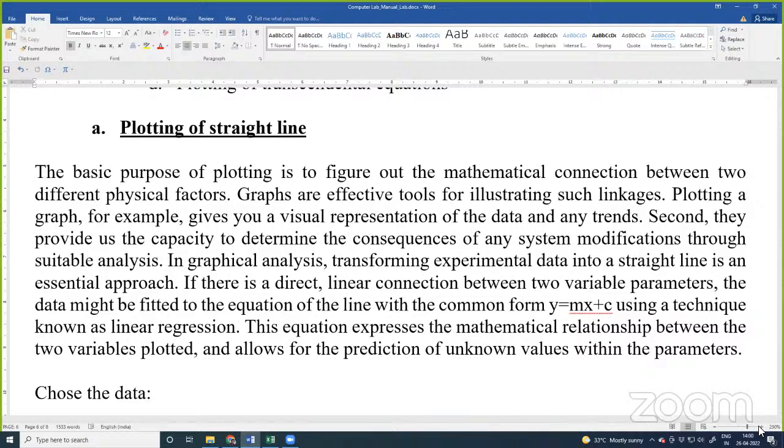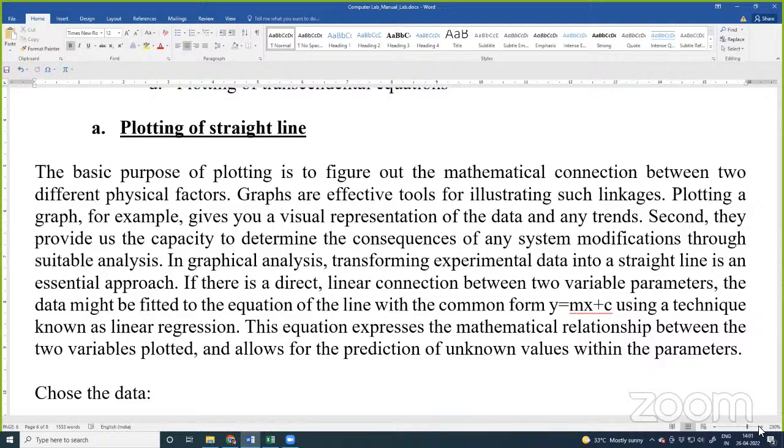Transforming the experimental data into a straight line, or seeing if it fits a best fit straight line, is an essential approach. If it follows, then we are able to see the trend, how it moves. If there is such a relation, maybe a direct relationship, or a linear relationship, or a linear connection between the two variable parameters,